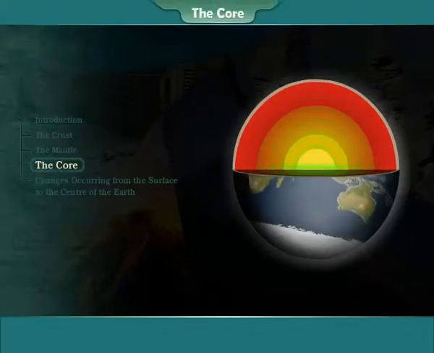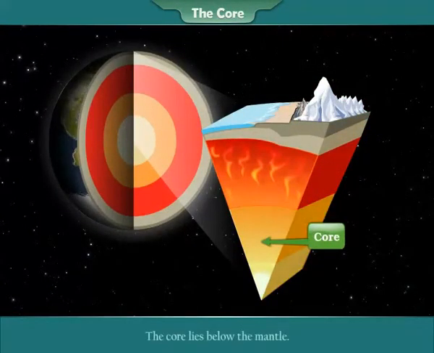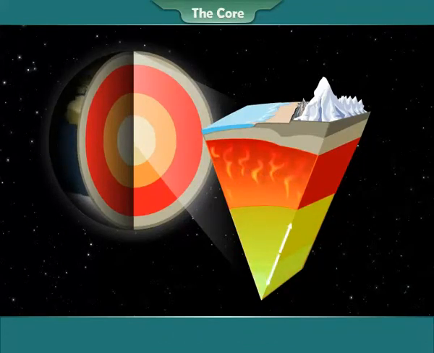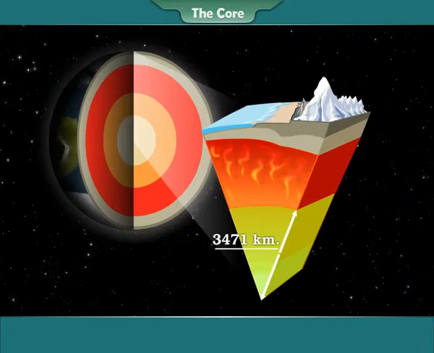The core. The core lies below the mantle. Its thickness is about 3,471 kilometers. It is subdivided into two